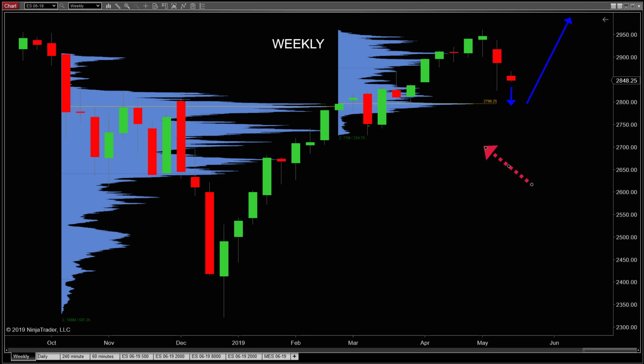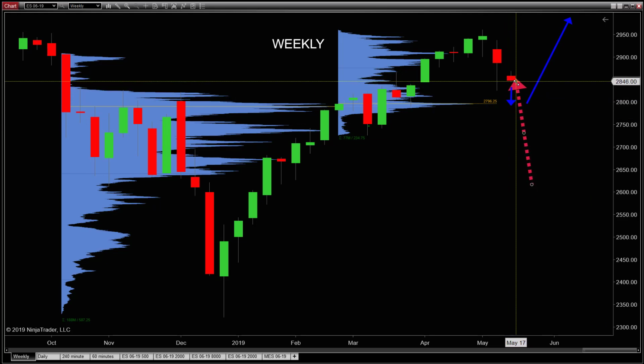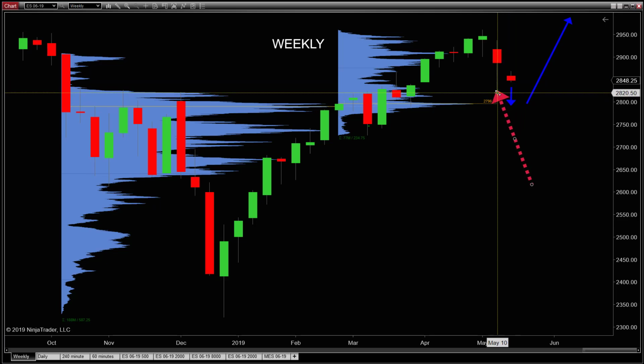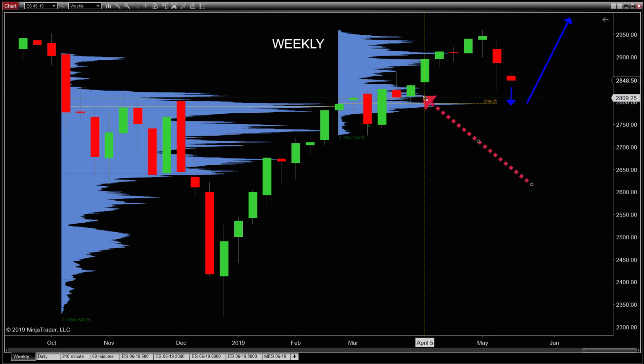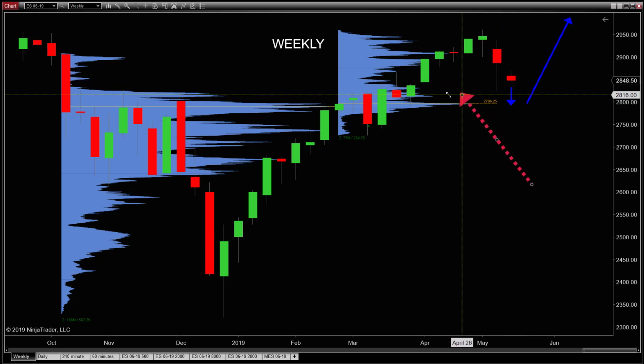Good morning. Let's do the pre-market prep for 5/13/2019, Monday. So we're looking at the weekly. You can see that we're already starting to sell a little bit off this week. In the previous week we came down and touched this, basically the top of this volume node right here,